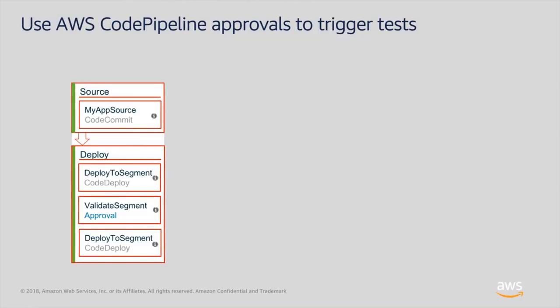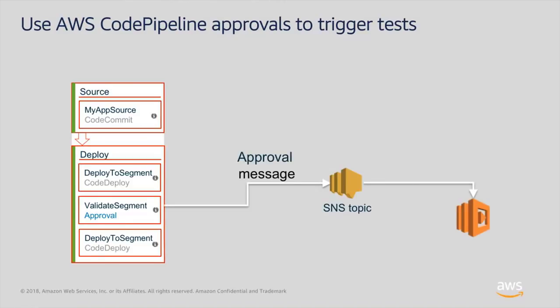And so let's look at using the approval action to trigger tests. We're going to validate that segment for canary. Basically, we're going to have this approval step that'll go out and trigger an SNS topic. That SNS topic can typically be sent to an email. But one of the cool things about the SNS topic approach is that it can actually trigger a Lambda for us. And that Lambda can then perform some kind of complex logic that we provide, which if it passes that, we can run the various tests. If those tests pass, we can actually put an approval response back to CodePipeline to allow it to move to the next